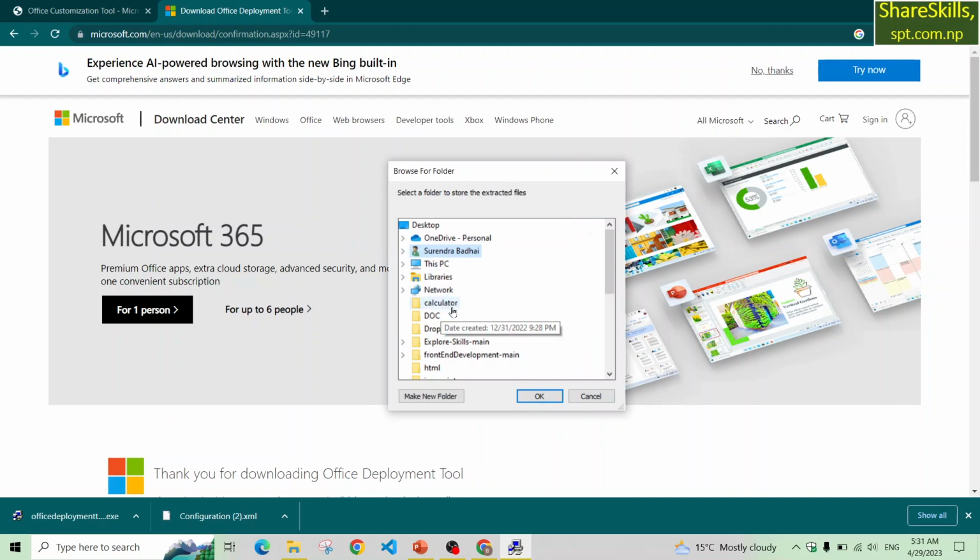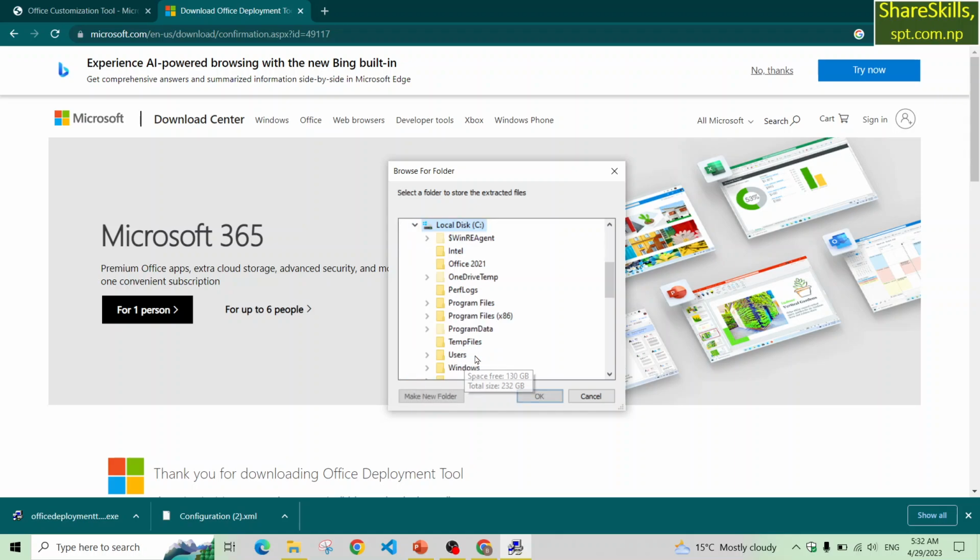And again you will get one interface, a small window, where you have to define your locations, or you can create one more folder. So obviously I must go to local DXC. Here is This PC, you have to open This PC, and in it you can find local DXC. Just click on local DXC,